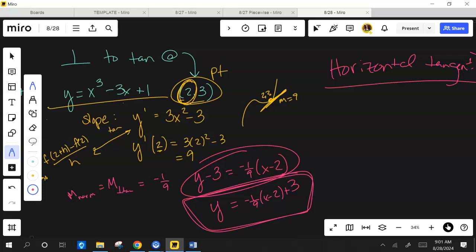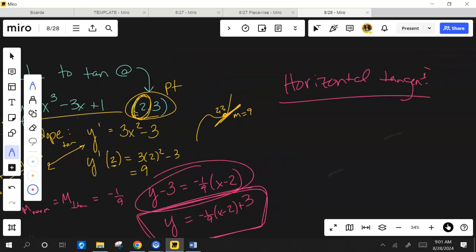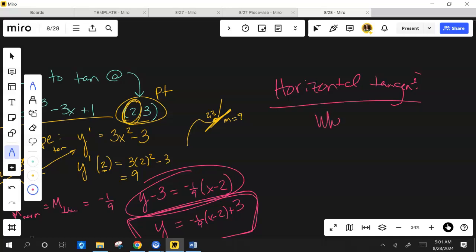The slope of the tan line is 0 at a horizontal tangent. That's a big concept, okay? If you don't have that written somewhere in your notes, write it down, highlight, do something. The slope of the tangent line being 0 means a horizontal tangent. Or when the slope is 0 for the tan line, that's a horizontal tangent. So this is when